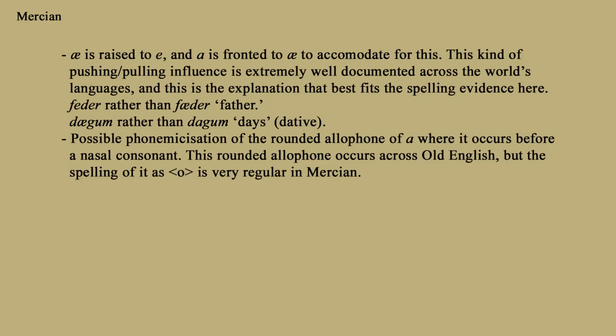A point for the phonology people that might be watching, I've mentioned in other videos that in most Old English dialects the vowel represented by A seems to have been spelled interchangeably with either A or O when it occurred in front of a nasal consonant. And that's led some people to suggest that it's got a rounded and possibly nasalised allophone in those contexts, something like "o" or "õ". In Mercian text, this sound is very regularly spelled with o, and it's rarely ever spelled with a. So it might be that this change is phonemicized in Mercian varieties of Old English. That is, it might be that there's a unique o phoneme, or it might be that the vowel has just merged with o in this environment.